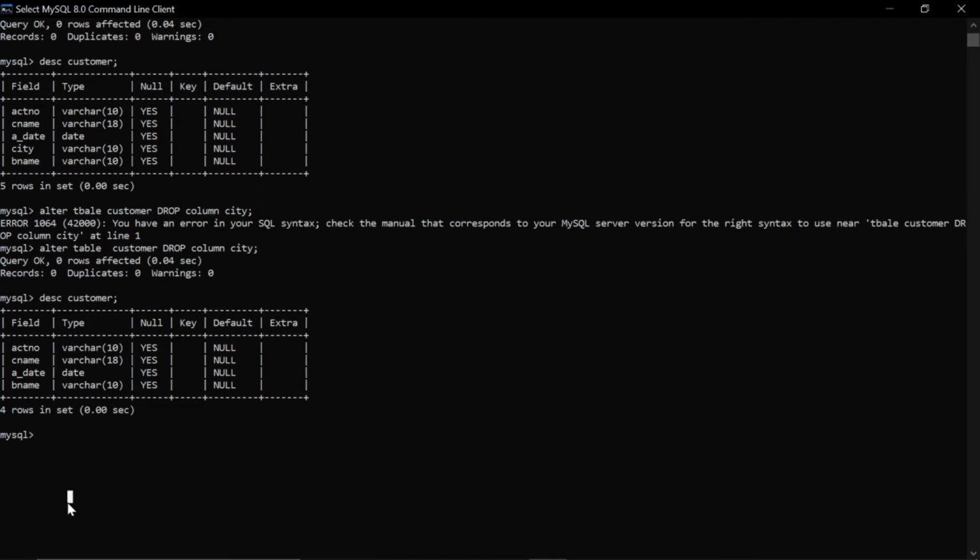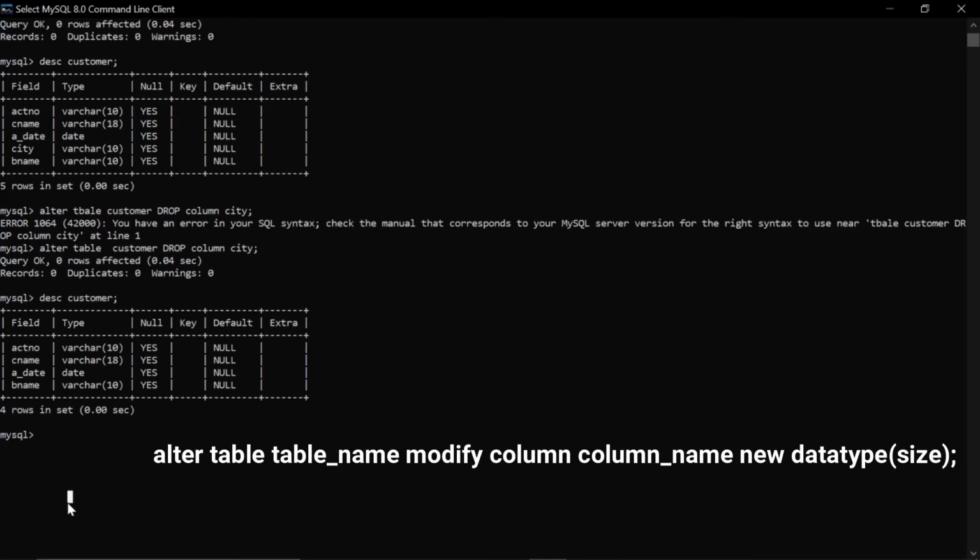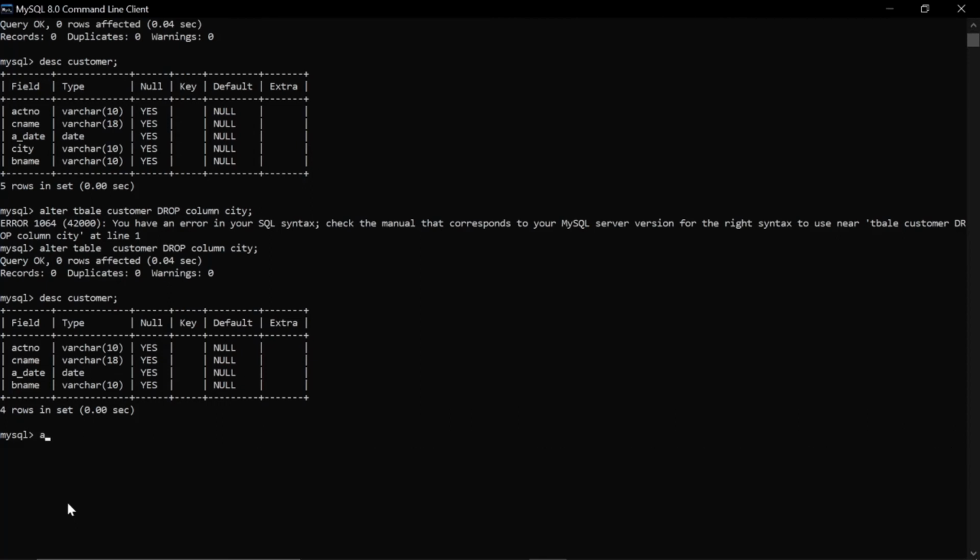So the syntax of modifying the column data type is alter table, the name of the table, modify column, the name of the column, and the new data type which you want to set for that particular column. So suppose I want to modify the data type into integer. So I will write the integer data type.